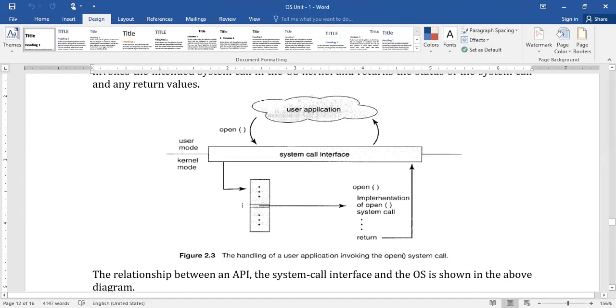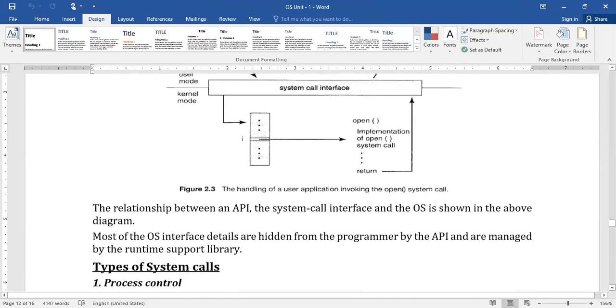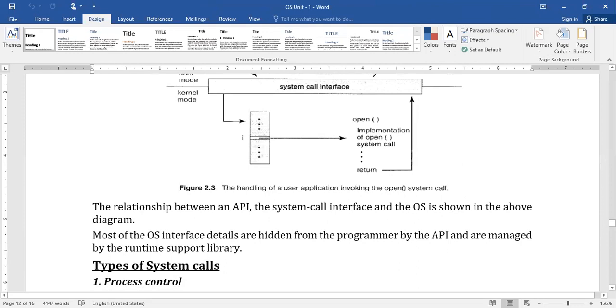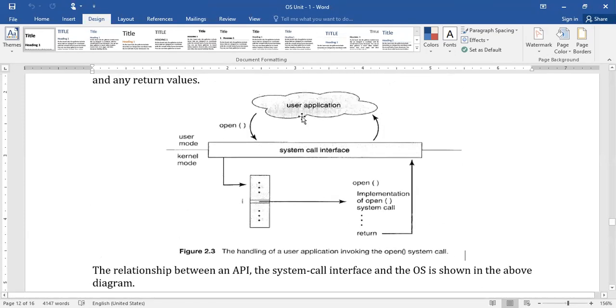Correct? So the relation between the API, the system call interface, and the operating system: now you can understand the relationship between these three. Through the API, the user can try to interact with the operating system. The application program interface is where we write only user level or user mode instructions.